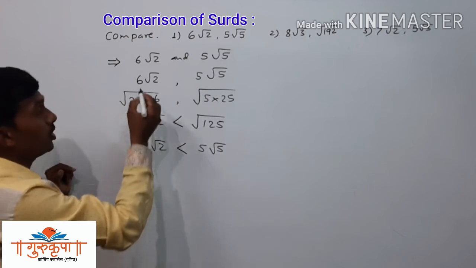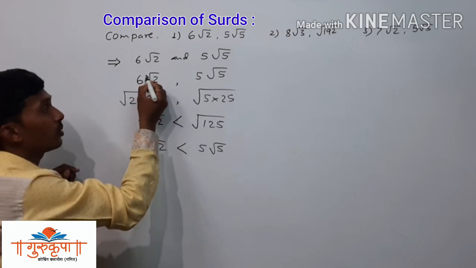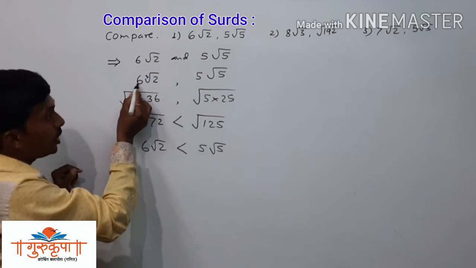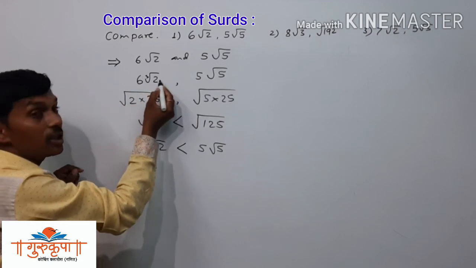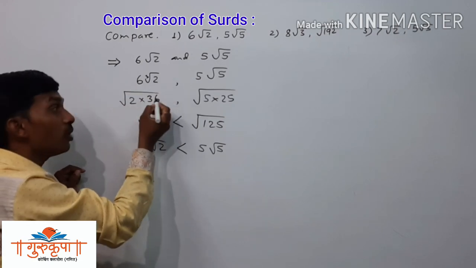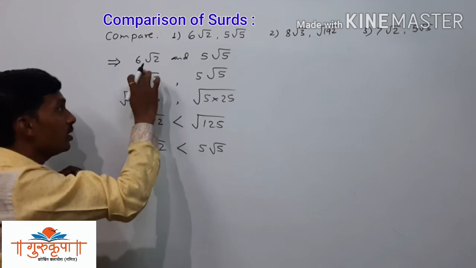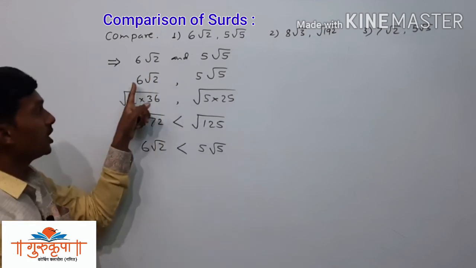It is very important. Suppose here we have cube root. Then while putting this number inside the radical sign, we have to make the cube of that number. Here we make the square. Outside 6,